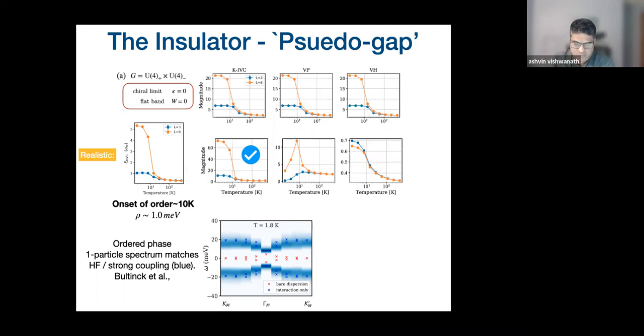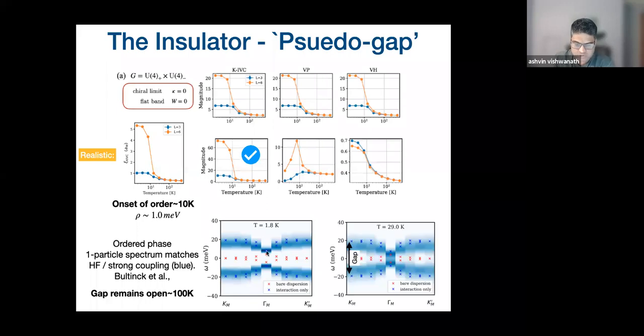But now you heat it up well above the temperature where the correlation length is getting large. You go to 30 Kelvin, and it's not substantially changed. The single particle, you look at the gap at the K point, it still is fairly large, reminiscent of what happens at low temperatures. There's some filling in over here at the gamma point, this certainly sees the effect of these fluctuations, although their correlation length is rather small.